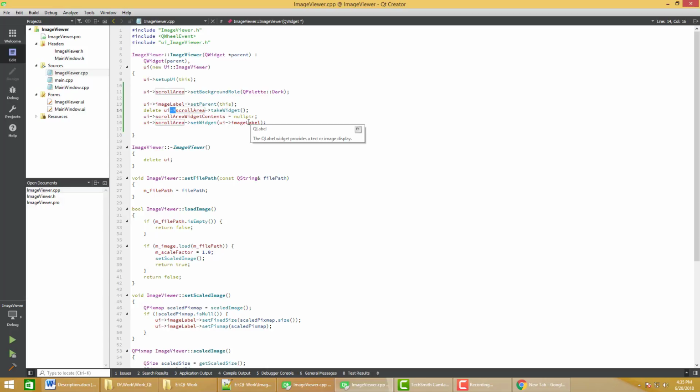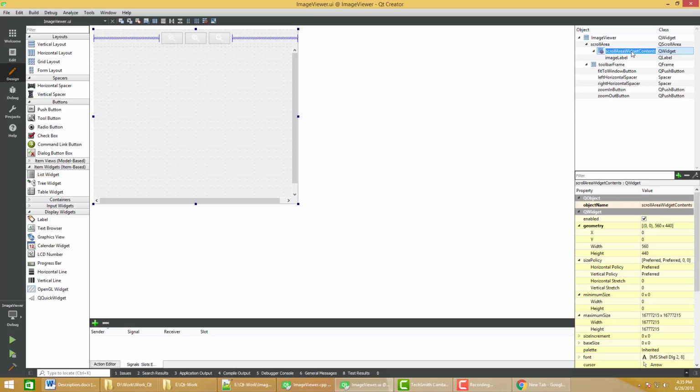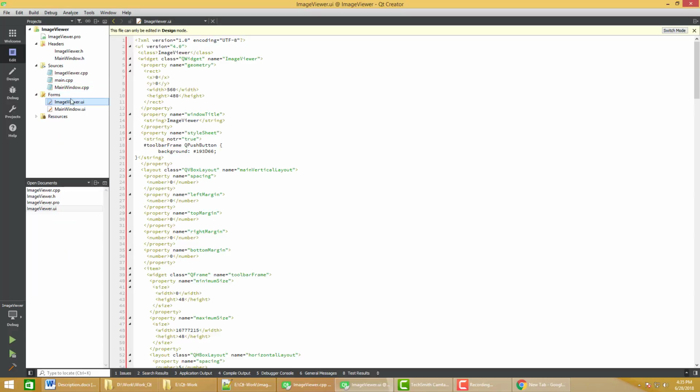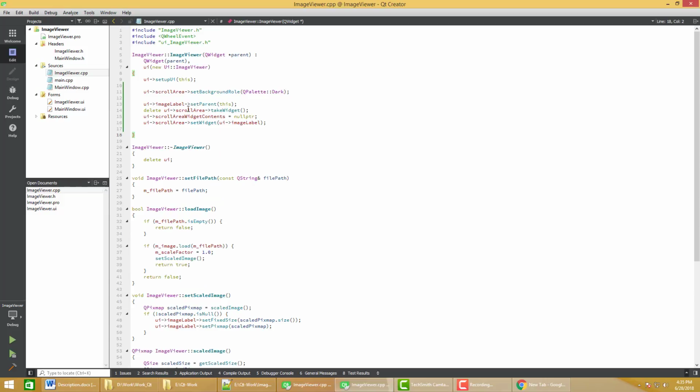So I am deleting the scrollArea widget, which is the content wrapper. This is by default the scrollArea child, so I am programmatically deleting it, because there is no way to delete this from the UI designer. I delete it programmatically, set it to nullptr, and then call the scrollArea's setWidget with the image label. So in this way,